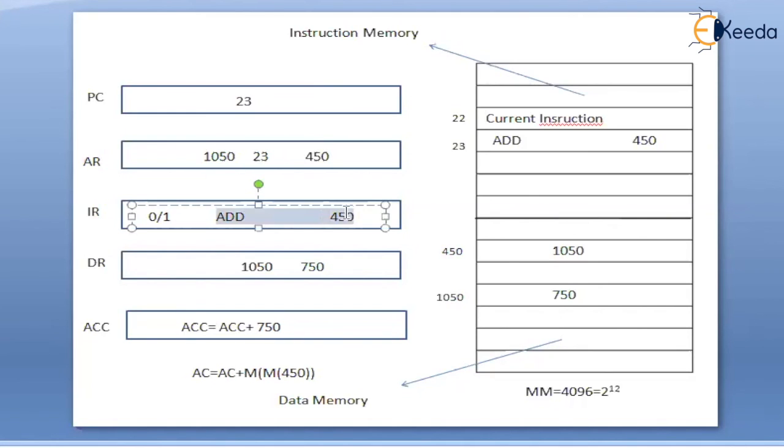As it is either a direct address or an indirect address, somehow we need to get the operand. In the direct addressing mode, memory will be accessed once to get the contents. In the indirect addressing mode, memory will be accessed twice: once for accessing the address part of the instruction, and one more time for accessing the actual operand's address. So in the direct addressing mode, memory will be accessed once. In the indirect addressing mode, memory will be accessed twice for accessing the operand. This is all about the direct addressing mode and indirect addressing mode.